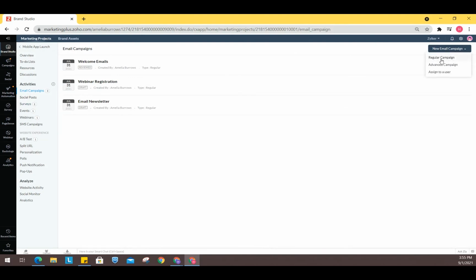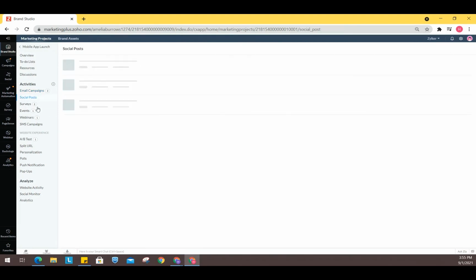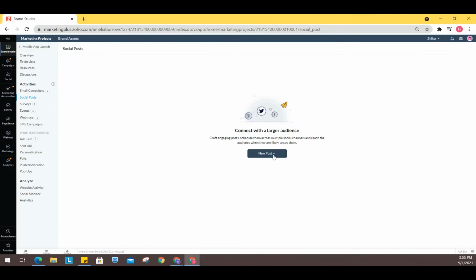You can just click on and create a new campaign. Or if you would like to go ahead and create a new post, you can do that. If you would like to create a new SMS campaign and connect with your contacts via SMS, yes, you can do that as well.